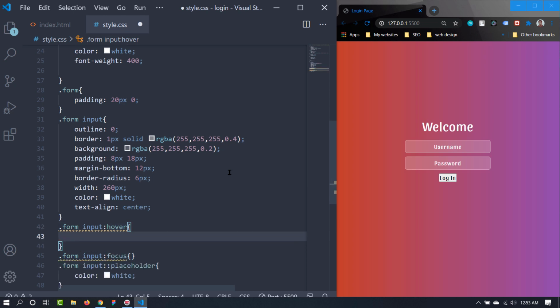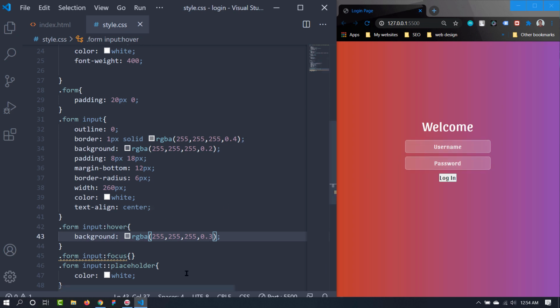Okay, let's apply the hover first. When you hover on that, we want to change the background color a little bit. So let's increase the opacity. So now it is 0.2. Let's make it 0.3. It will be a subtle effect.